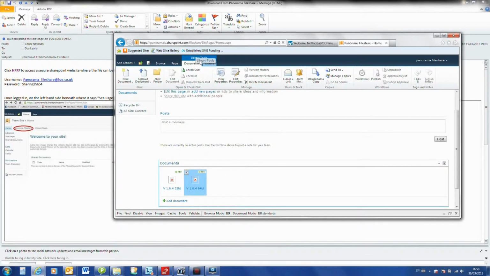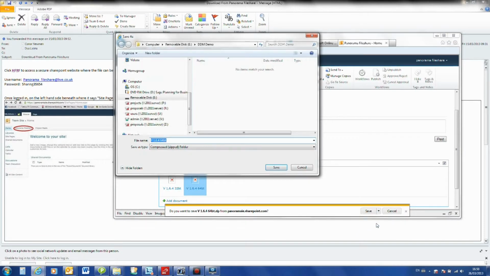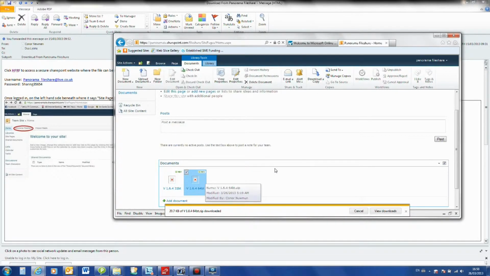It auto opens the library tools. We would like to download a copy. You can save this to My Downloads. I'm going to save this to a temporary location that I have created in my memory stick. This could be a network location. I will save this. It is now downloaded